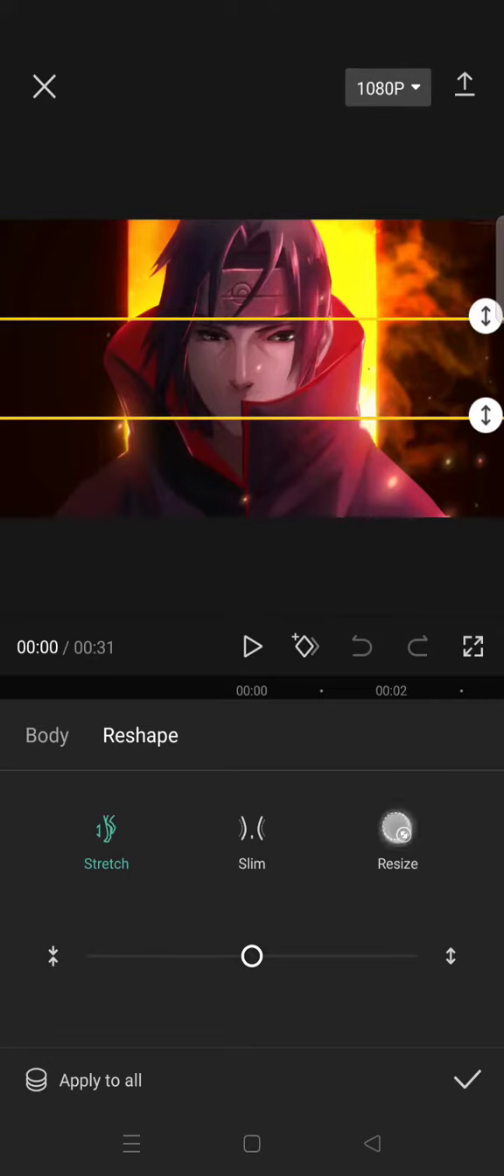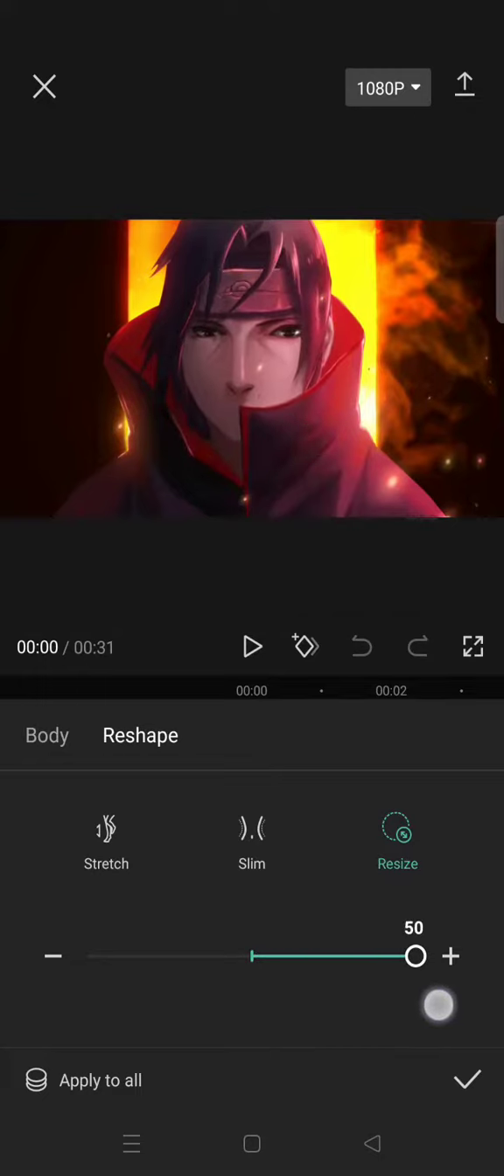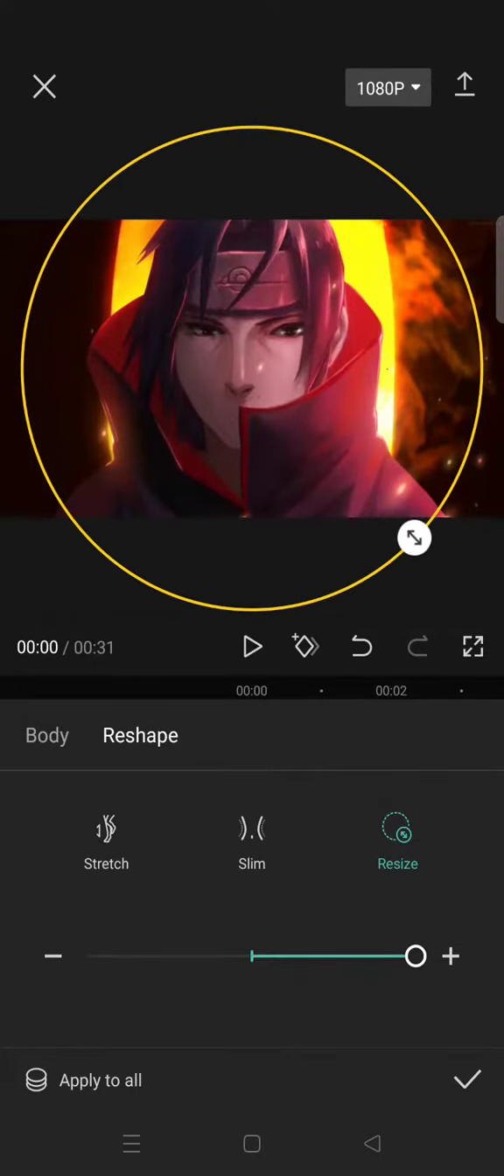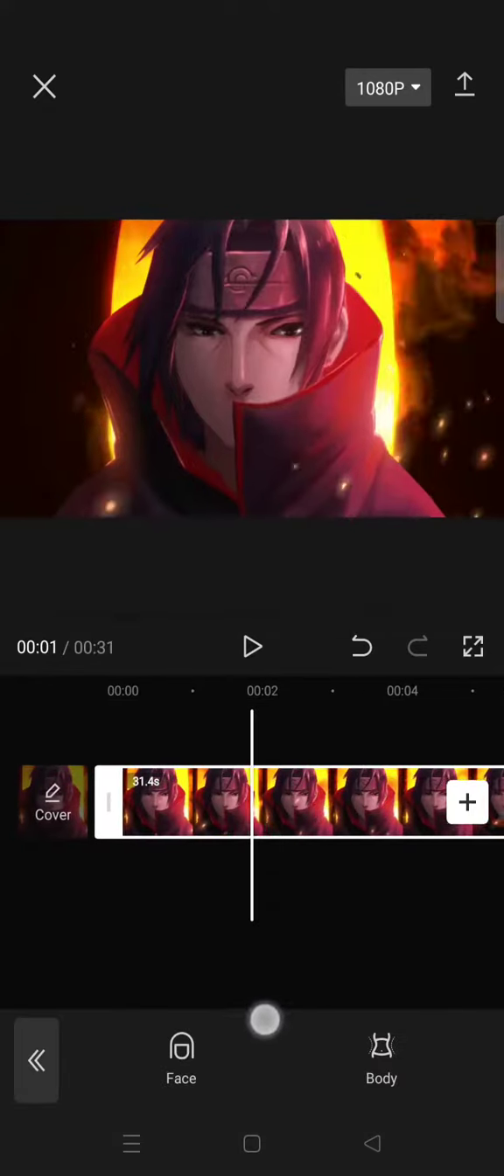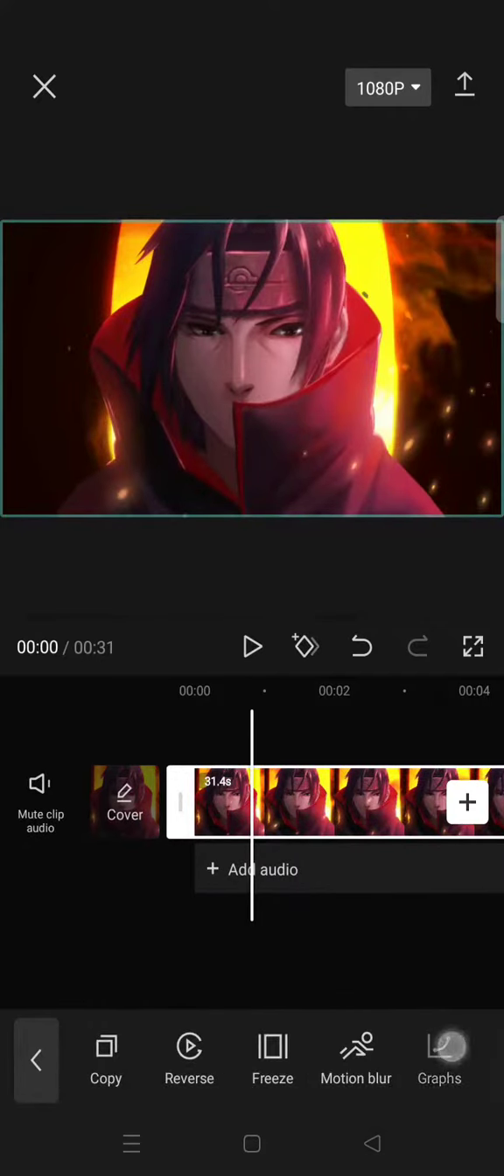Now click on resize. And after that add the resize to 50 like this and then drag the arrow to add some more range to it. And then after that click on the check icon and then after that go back, then go to grabs